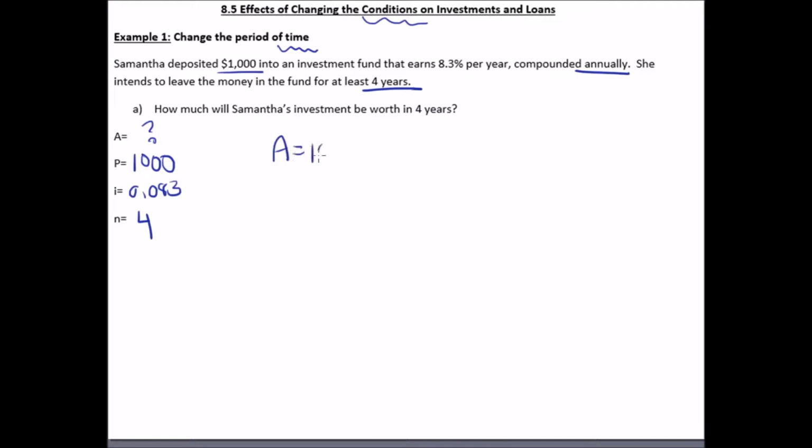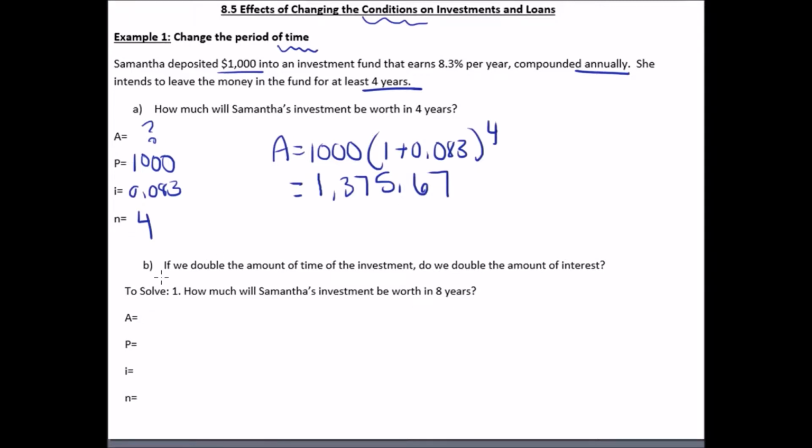So the amount's going to be 1,000 times 1 plus 0.083 to the exponent 4. Okay, and when we plug that into our calculators, we get 1,375.67. That's how much we get. So let's compare that period of time